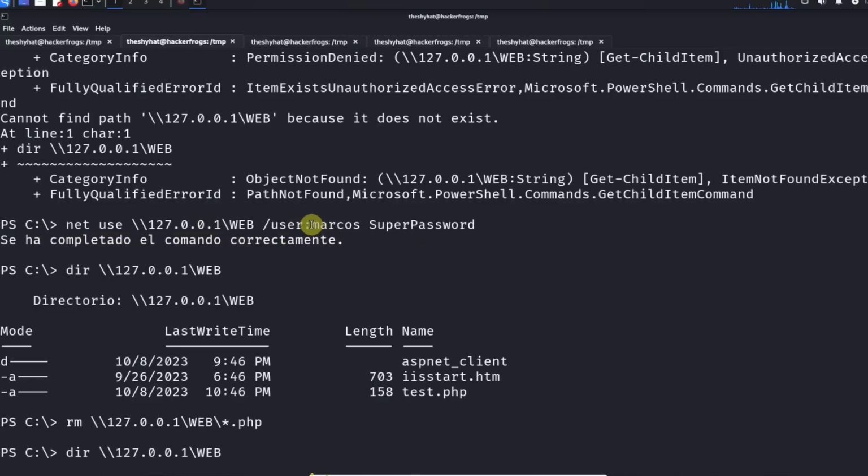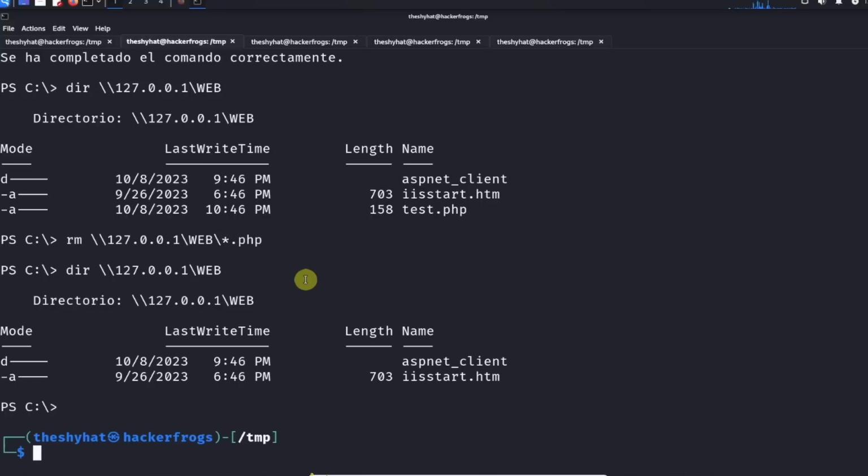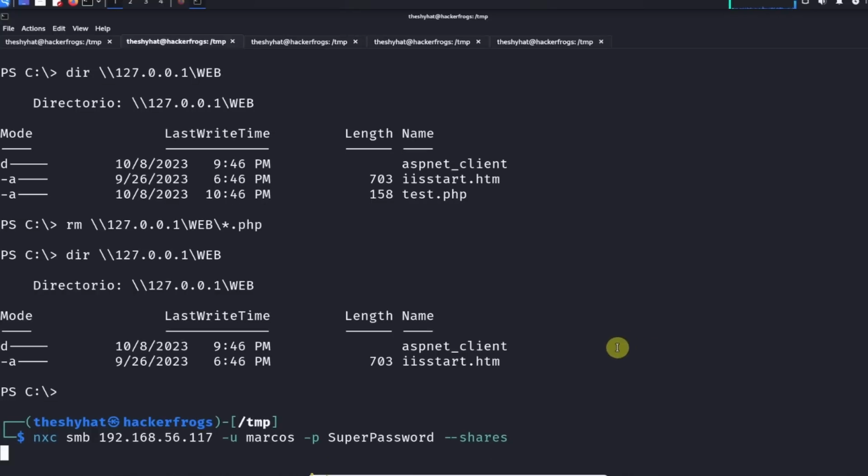Okay, so what can we do with this information? We can log in as Marcos now, or rather we can enumerate what kind of access they have. So Marcos, we're just going to copy this username, and we're going to run Netexec again. Netexec, we're going to run the same command, but this time we're going to run it as Marcos, with the super password, and we're going to find out what shares Marcos has access to. So we run that command,